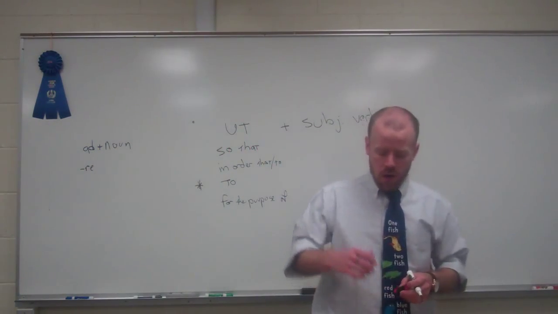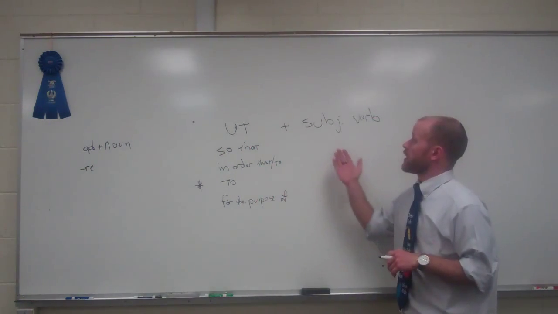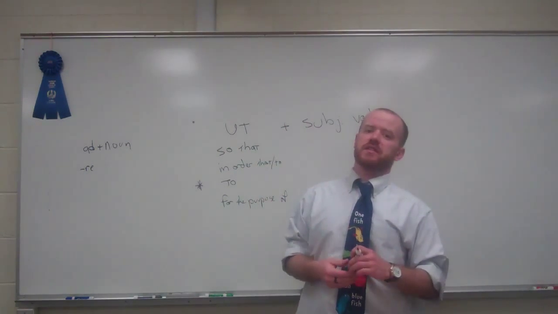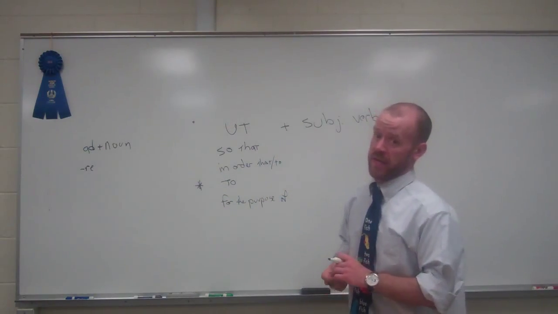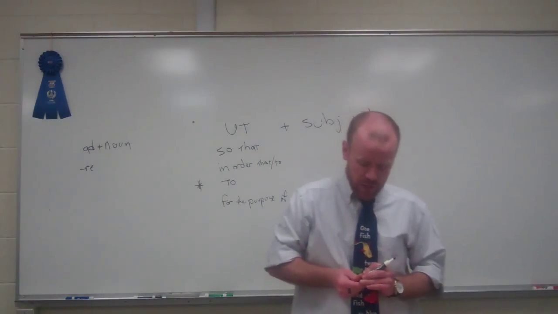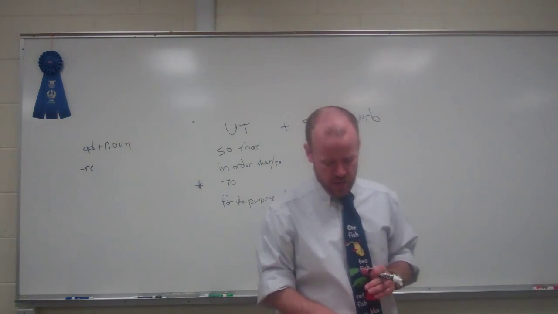All right? So that's all you really have. You have this ut and then the subjunctive verb. And the ut is the divider of the sentence. Everything before the ut is your main clause. Everything after it is typically your subordinate clause. So if we look at some of the examples there,